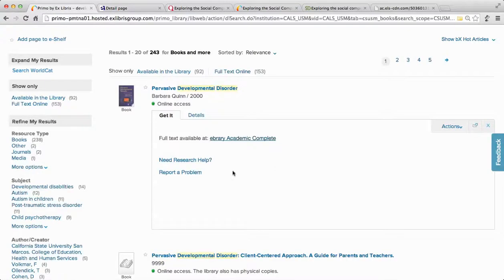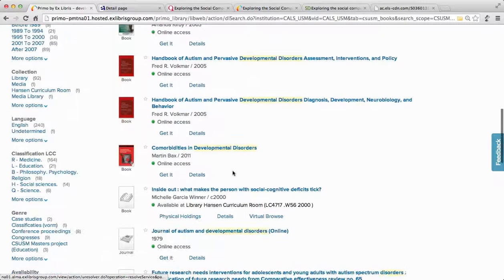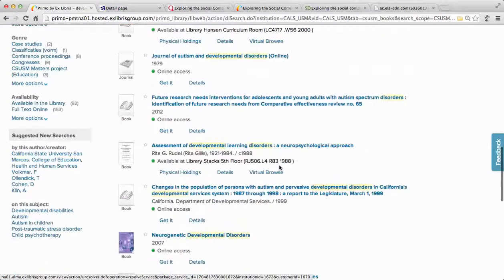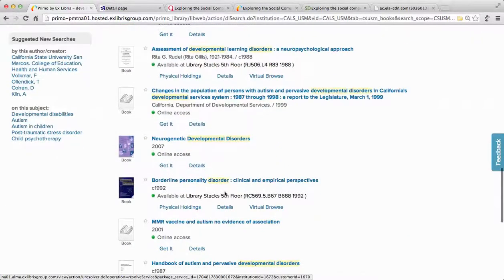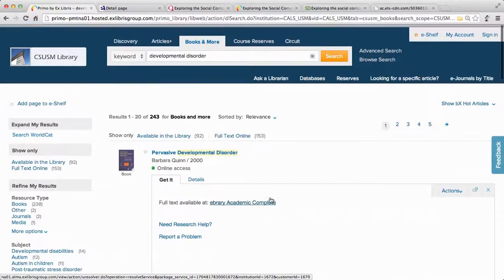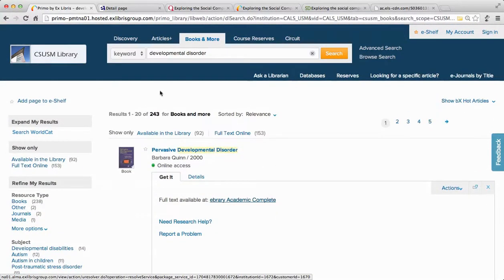If you want a physical book, you can still get those. So it's going to say available at and give us the location of the books. Library Stacks, 5th floor. So since you guys aren't on campus, there is a way to have these books sent to you. And I'll show you that right now. If we go back to the main library site,